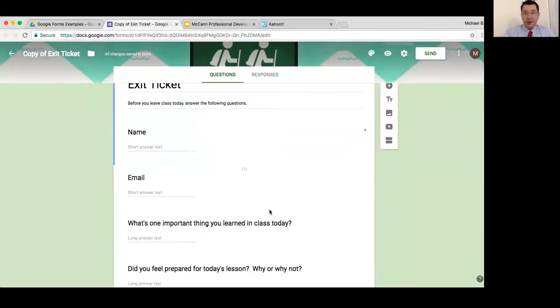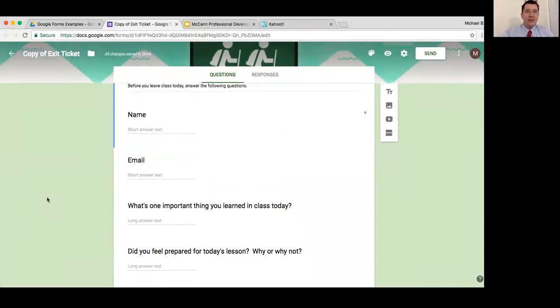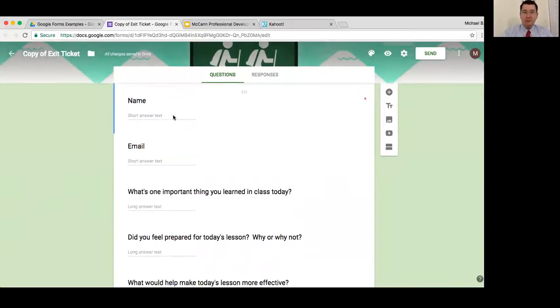It's what Google thought teachers would use as an exit ticket, where students put their name in. Make sure when you use Google Forms that students put their name in there. It is, at the end of the day, technology, and I've made this mistake before, not asking very first thing for name, because when you go to look at your results, the students will just have answered what you put